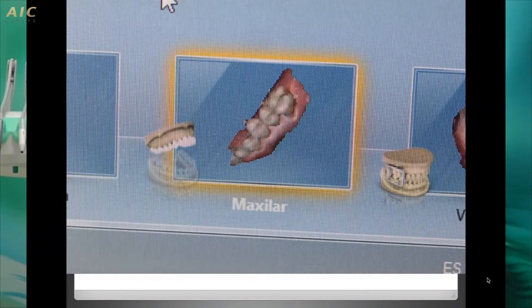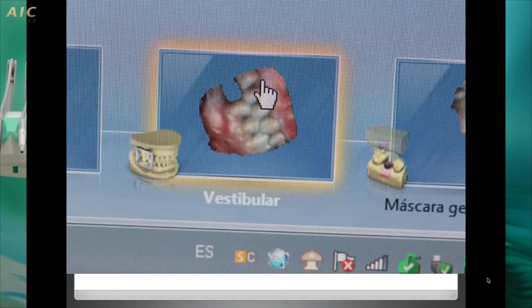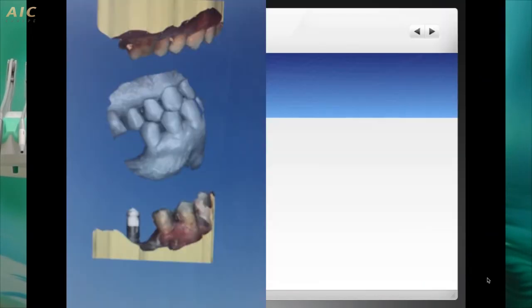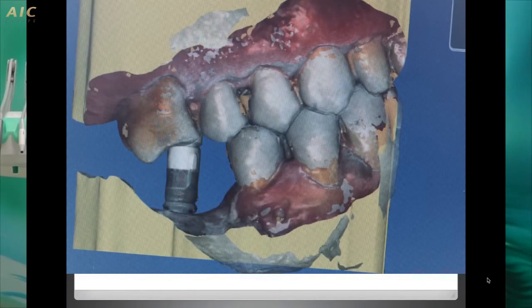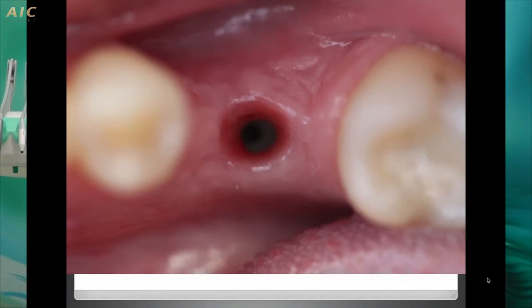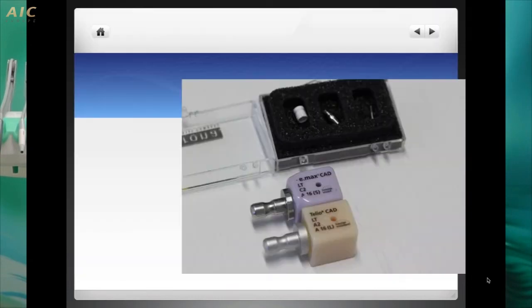And then you are going to have the bite of the patient, okay? So the software knows exactly how high the crown is to be, okay? Then this is an example of the gums, all with a good emergence profile. Now you select the two materials, zircon, or in this case it's MX, which is